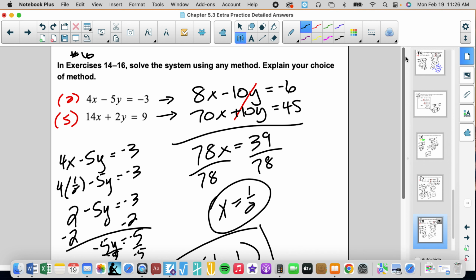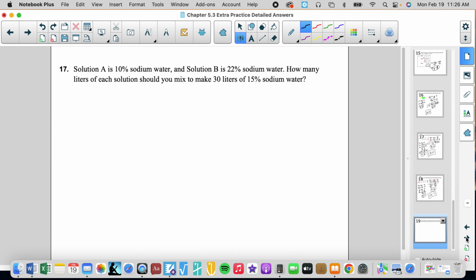Explain your choice. So I explained. Oh, I love this problem. These are really important. You want some experience for high school placement tests. Solution problems are definitely. Solution A is 10% sodium water, and solution B is 22% sodium water. How many liters of each solution should you mix to make 30 liters